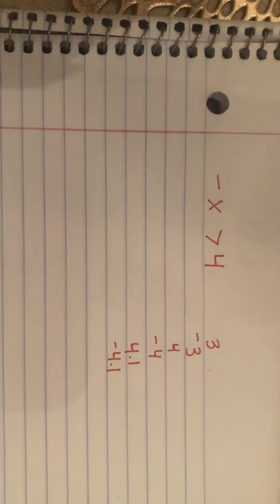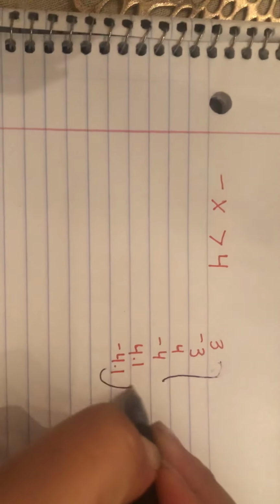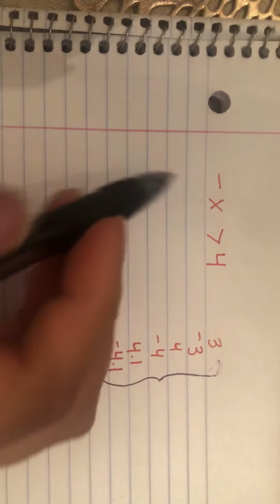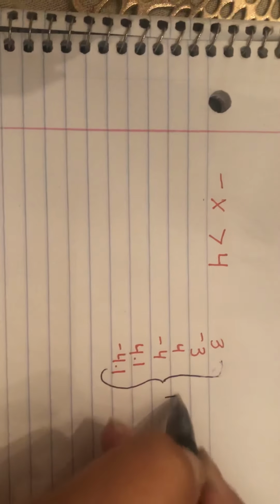Okay, so here's the warm-up from yesterday, right? Here's your main question: -x is greater than 4. And then you have all of your options: 3, -3, 4, -4, 4.1, and -4.1. Right? So the big question here is which of these can be x, right? So you're going to plug in